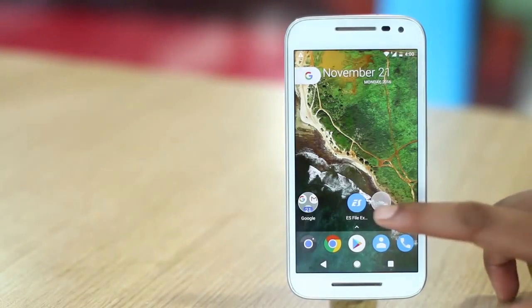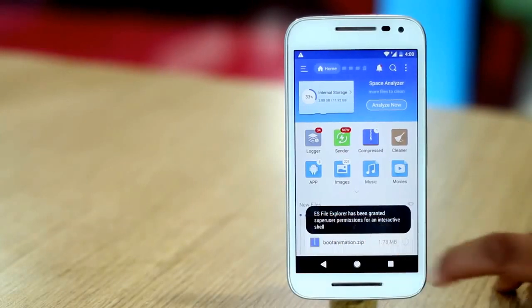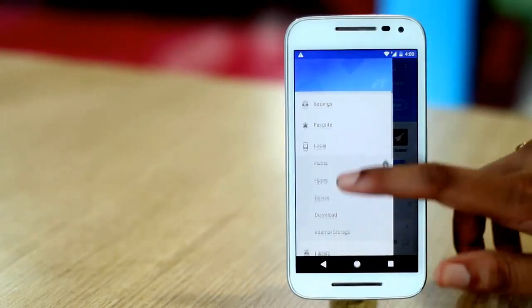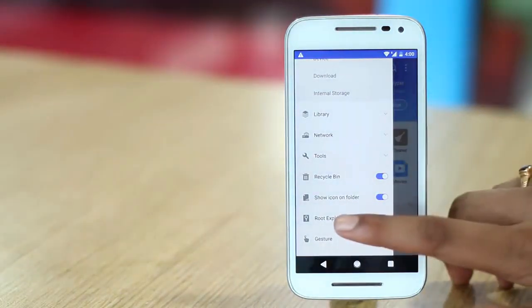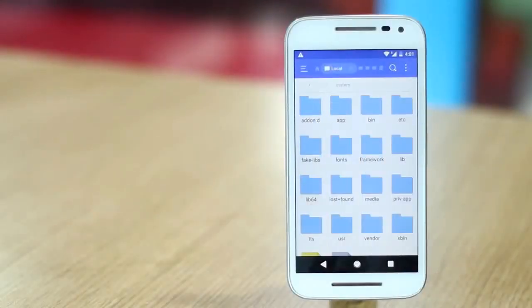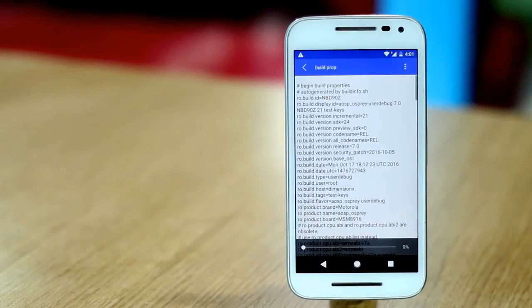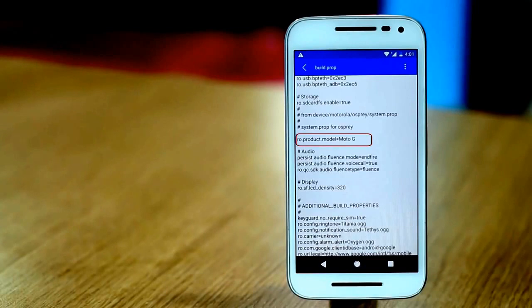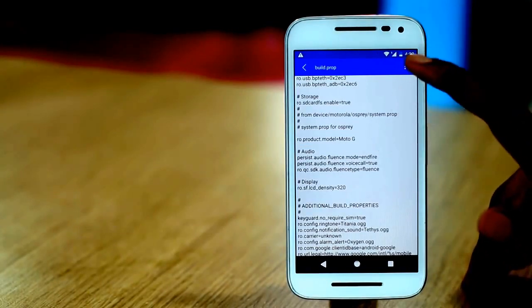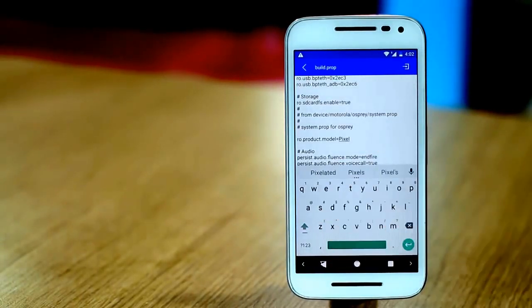However, if you happen to have such a device, you can just open the file manager that supports Root Explorer. For instance, we are using ES File Explorer. In the app, enable Root Explorer from the navigation drawer and set its permissions to read and write. Then navigate to the system folder and open the build.prop file. Then look for a line that says ro.product.model. Here tap on the 3-dot menu button and tap on Edit. Just replace your device's name with Pixel XL.